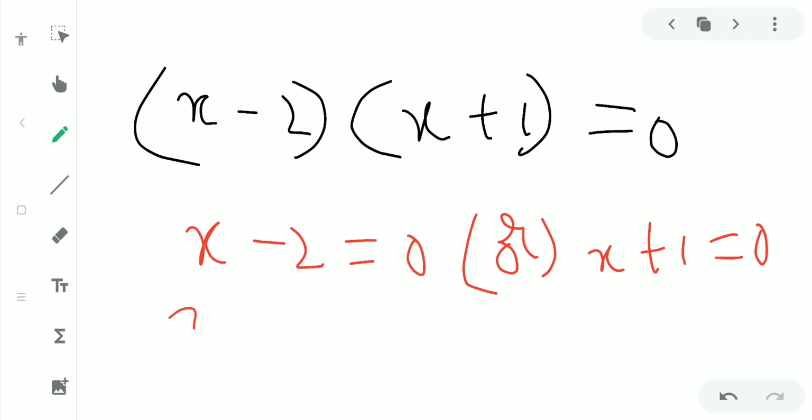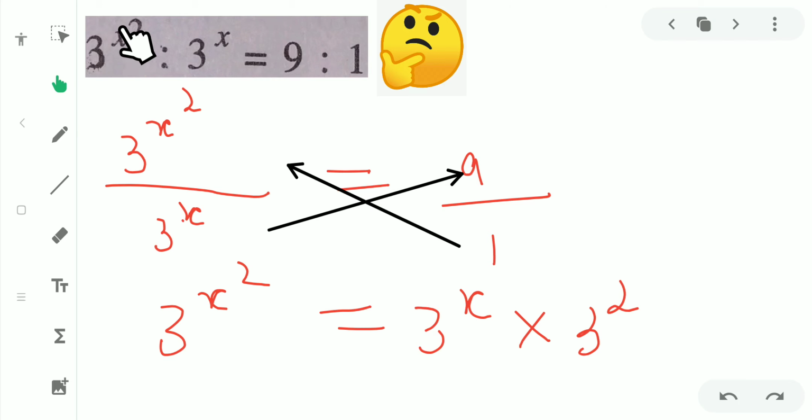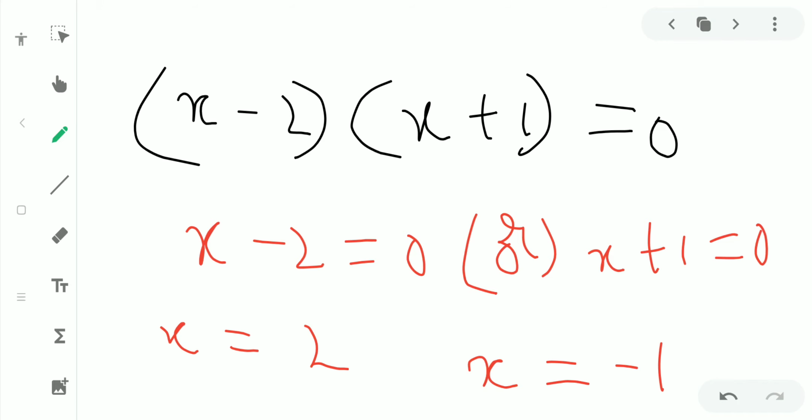Here we are getting x is equal to, on transposing minus 2 onto RHS, we will get plus 2, and on sending x plus 1, we are sending 1 to RHS, we will get minus 1, x is equal to minus 1. So in the question here, as x power minus 1 is not possible, we are not getting the answer in positive. So we will take x is equal to 2.